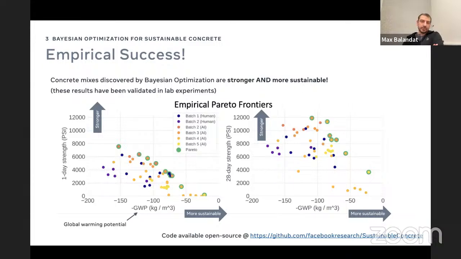Cool. Now, does that work? Yes, it does. We ran this as an actual Bayesian optimization in practice, where the evaluation was sending a spreadsheet over to our academic collaborators, them pouring a bunch of concrete and then crushing it and measuring strength. So not a lot of high frequency, and we need to do this in batch. But we did that, and you can see these dots on the trade-off plots here. The darker colors are early batches that are human designed, by folks that have expertise in this area, and then the brighter ones are the results that were generated by Bayesian optimization.